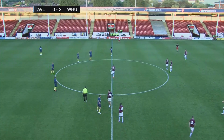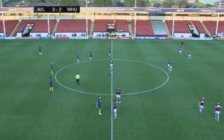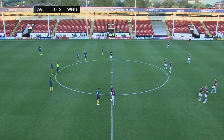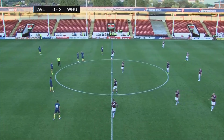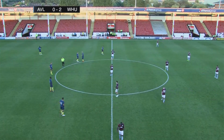Welcome back here to the Bankses. Second half just about to get underway here between Aston Villa and West Ham United, the latter leading by 2-0 thanks to Mikel Antonio and Marko Arnautovic. There have been a couple of changes at the break for West Ham at least. Robert Snodgrass, the former Villa winger of last season, is on here to play on the right hand side. Looks like Felipe Anderson has departed the scene,